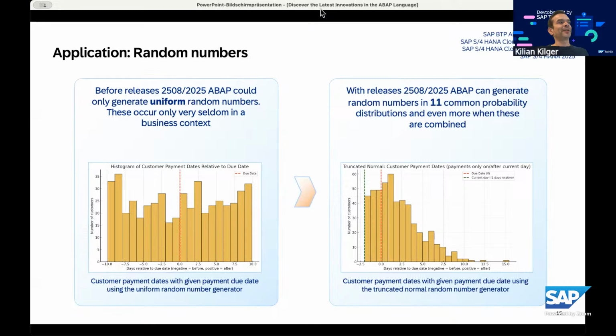What you have at the moment in ABAP is you generate uniform random numbers, like on the left in this example, uniform dates. And this means that on any date, the customers are equally likely to pay. This is, of course, not what actually happens in the real world. In the real world, some customers will pay a bit early, some will pay a bit late, but very few will pay very early or very late. And you might get a picture like on the right, where we use the truncated normal distribution to generate this